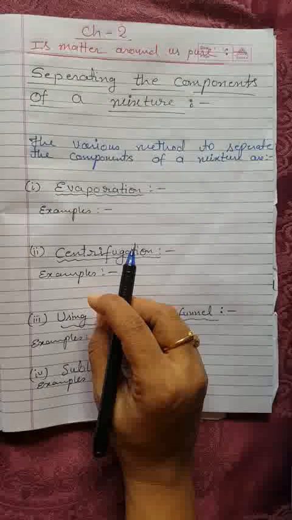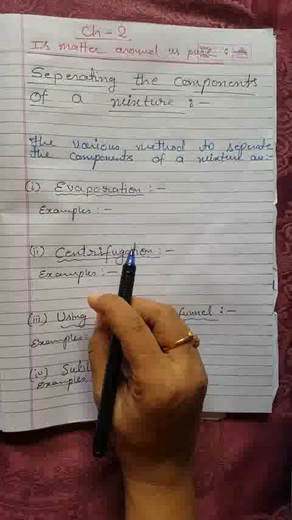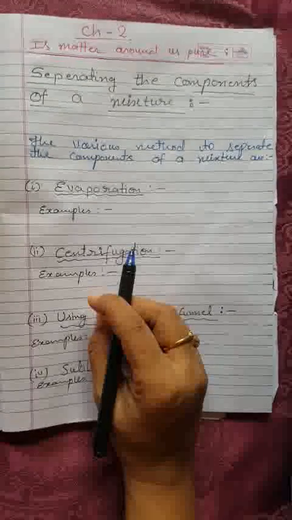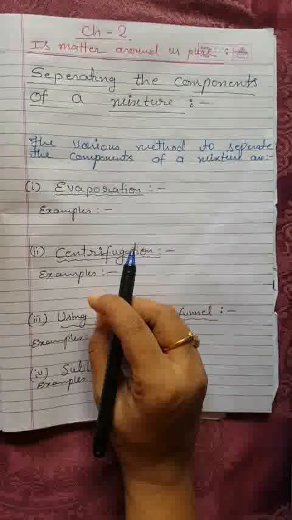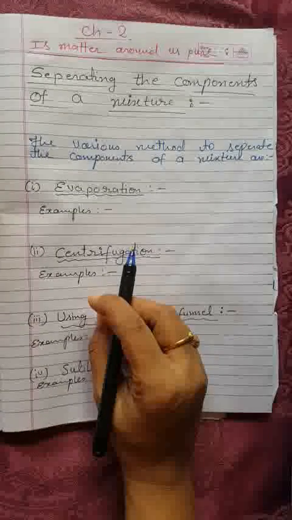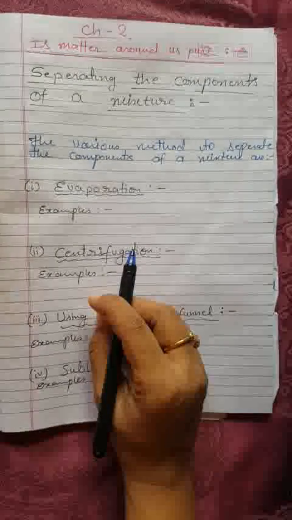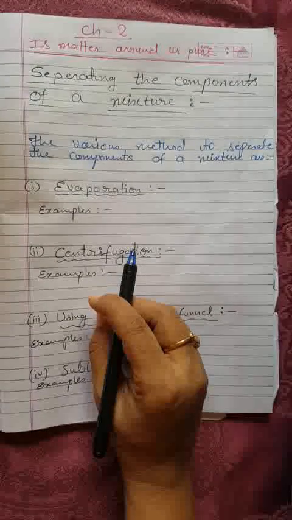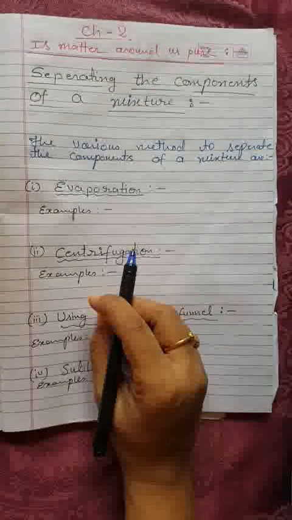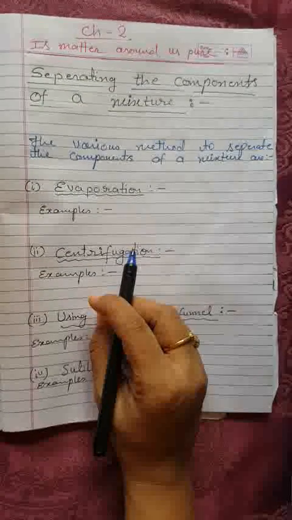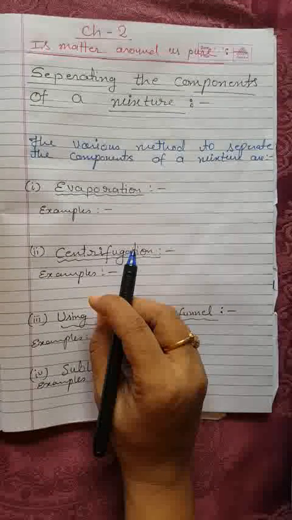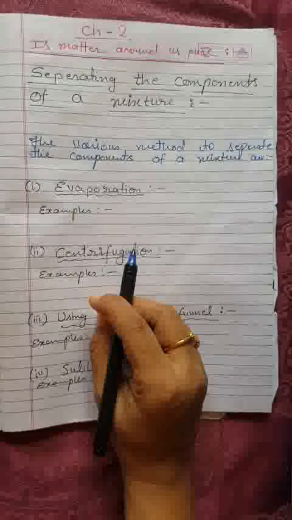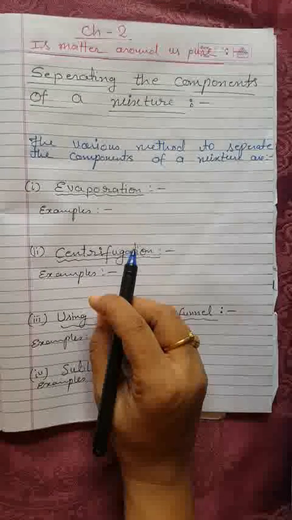Now suppose the mixture is a heterogeneous mixture. The components of many mixtures can be separated by simple physical methods which you must have seen in your house also, like hand picking, sieving, filtration, winnowing, etc. Have you seen in your home, when your mother or somebody brought pulses or rice, if there are a few small stones, then we separate these stones by hand picking.